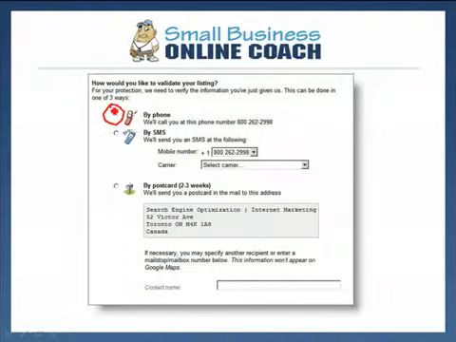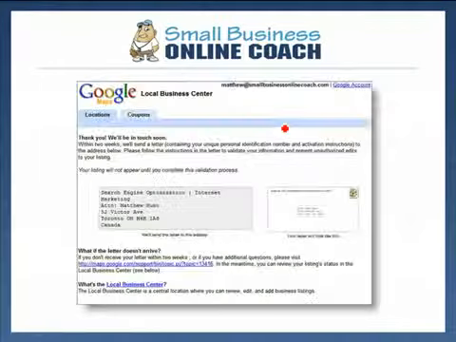You can go by phone, text, or you can just send it through snail mail if you want. I mean, I recommend just doing it by phone. So you're going to select phone, click this, it's going to give you a code, and then it's going to dial your phone right then, and basically you're going to listen to Google say enter the 4-digit code. You'll enter it, hit pound, and it's going to say you've been accepted, and your listing is going to go live in just like moments, like just minutes. Google's really amazing that way.